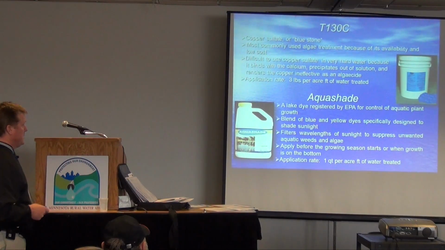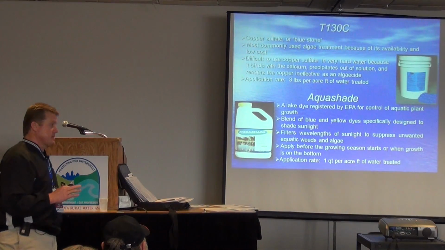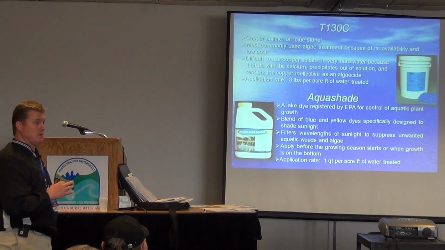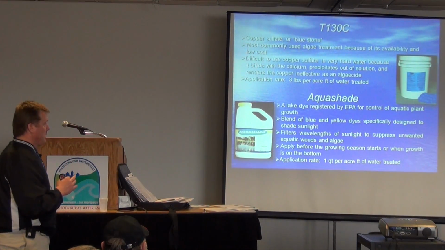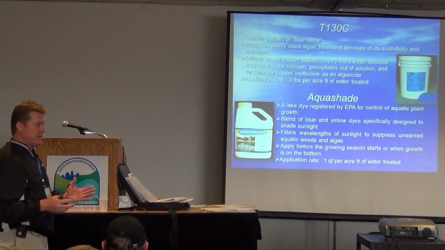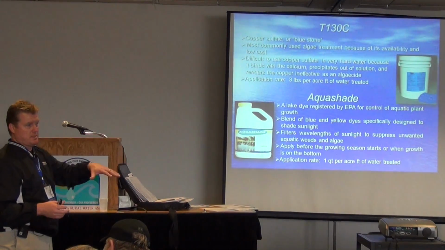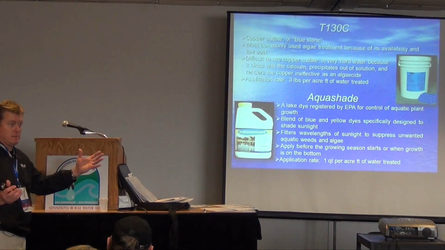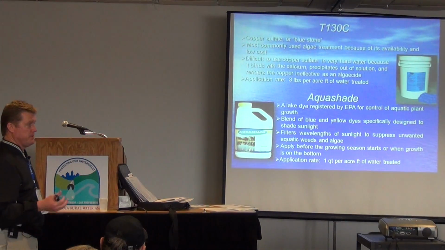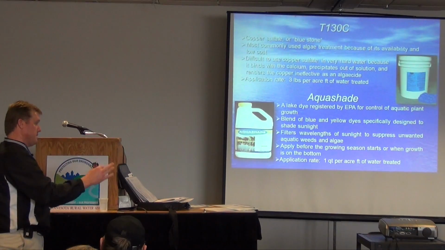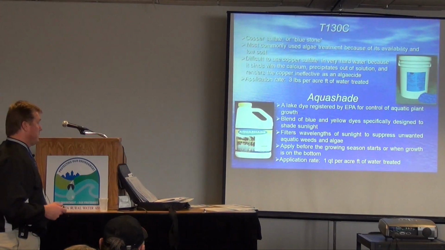Aquashade. Aquashade is something that I've got a lot of systems that use this strategy and it works very well. What Aquashade does is it's essentially a dye. You add it to the water, it prevents the sunlight from penetrating into the water, and the algae can't grow. So you basically suppress the algae by blocking the sunlight out. And we've got quite a few systems in the state that use this, and there's several different ways you can